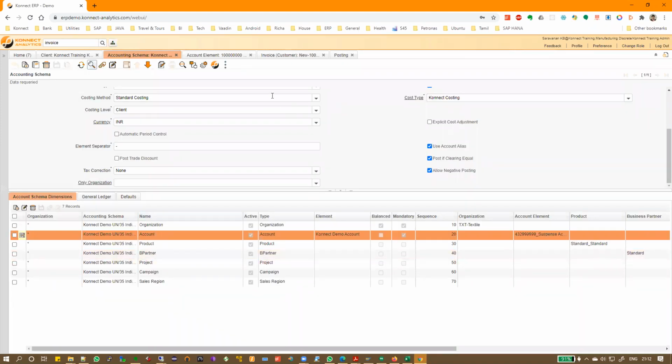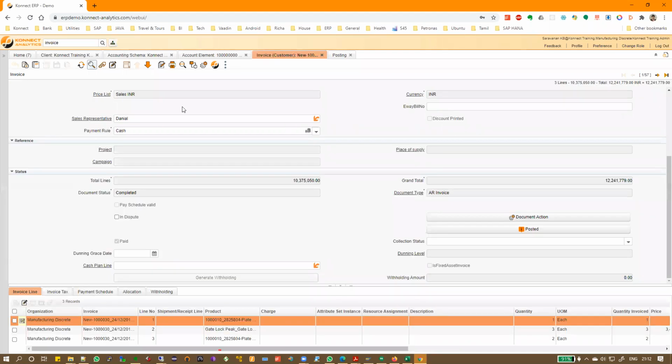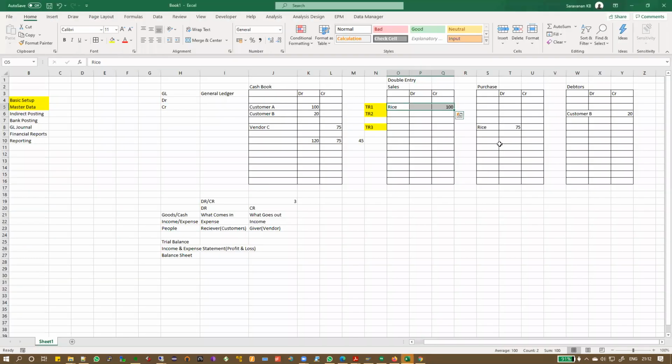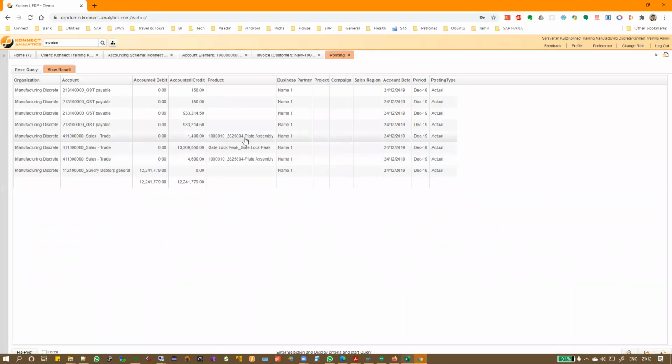Now let's apply our theory to this accounting, whether it's working or not, whether what we did here manually is correct or not. Whatever I sold, the product, I credited, right? So let's see what happens here. What is the product here? The product is plate assembly, gate lock, plate assembly, correct?